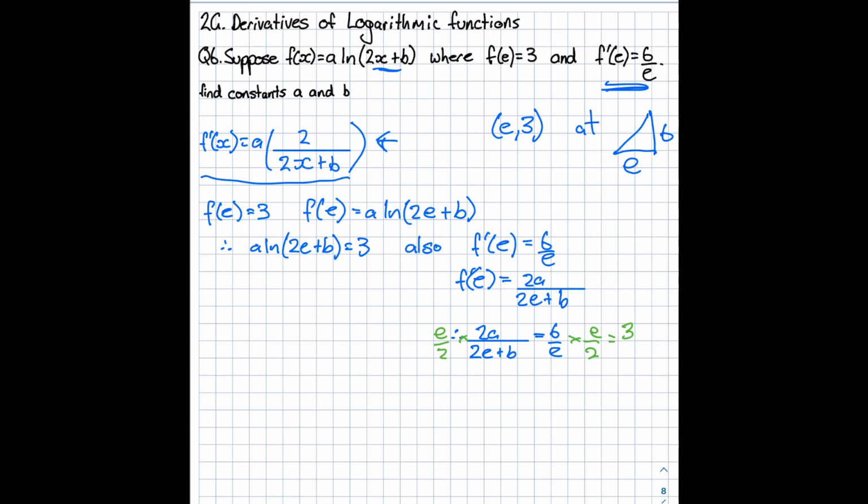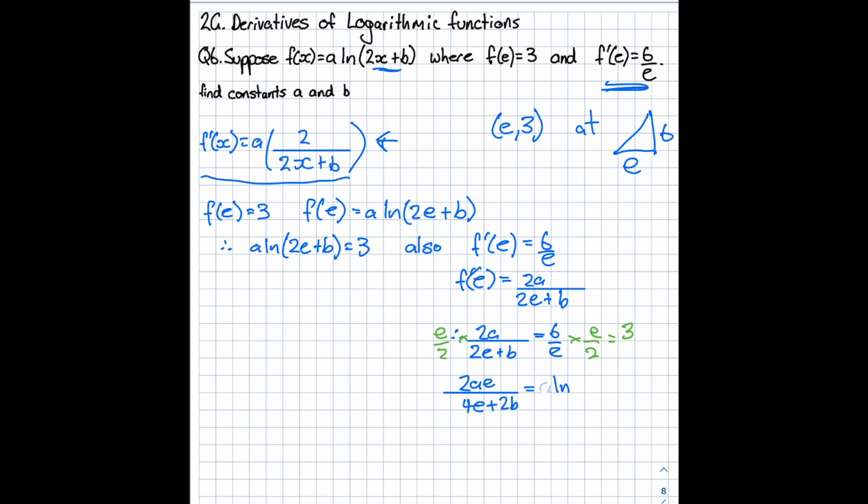And so then I'll continue this way, it's just easier. So 2ae would be my top here, and then I'd be 4e plus 2b, and that would equal a ln,